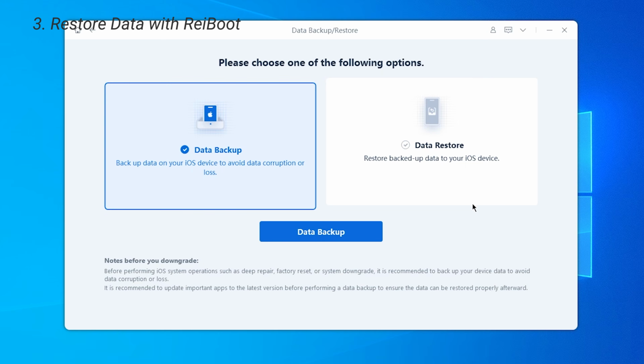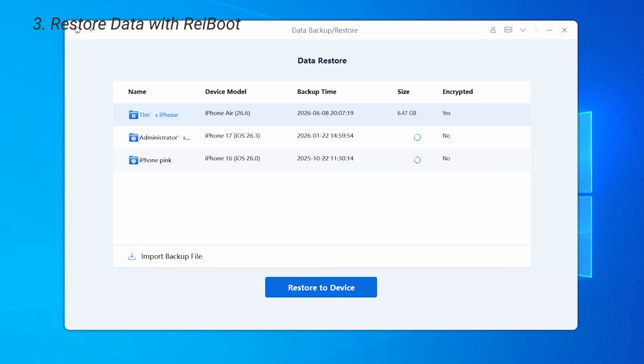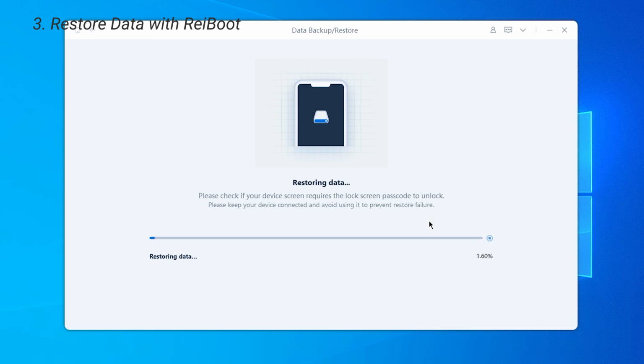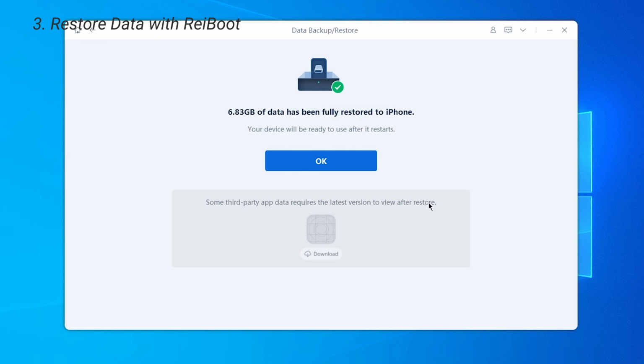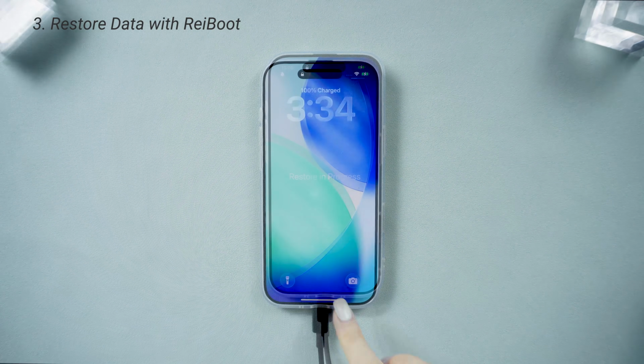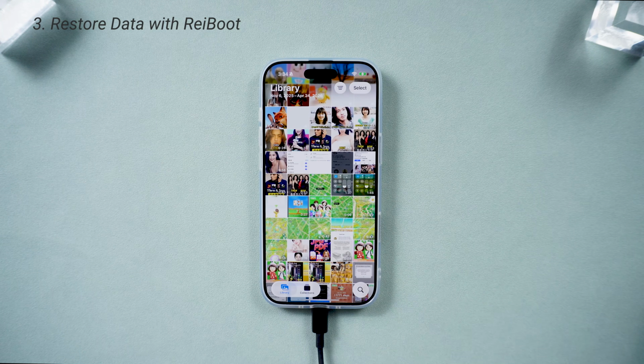Now on your computer, begin restoring the data to your phone. Once the restore is complete, your phone will be restored to its previous state. This time, all your apps, photos, and other data will be restored, and your phone will be downgraded to the